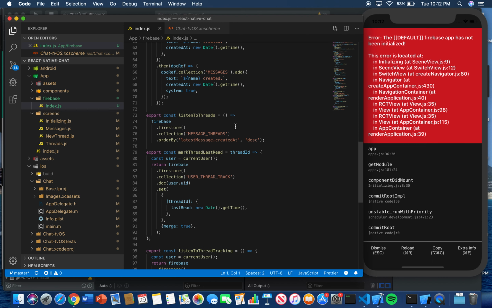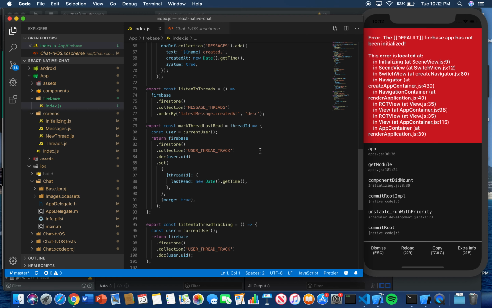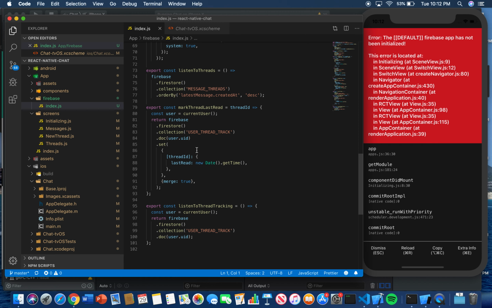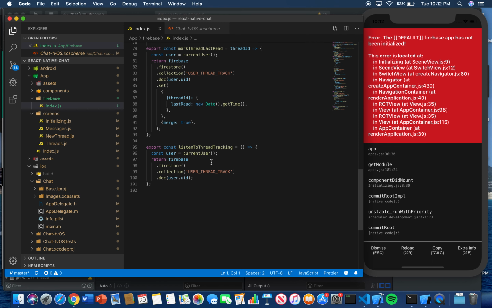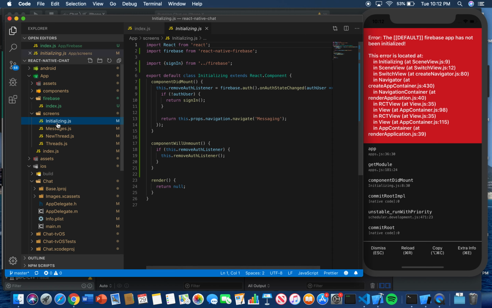For the listening to threads, showing just that the latest one was created or open, marking that it's been the last read or the latest read, so that removes that and it makes it true. And this is for the tracking in the Firebase. So going to the screens, this one takes from the Firebase as well. It checks for the state change for when they sign in. It will navigate to the messaging portion,